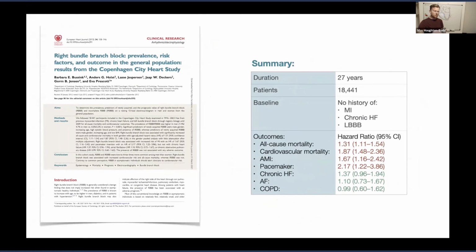What I'll do in a second is have a very brief chat about fascicular blocks, because I'm running short of time. But I just wanted to bring your attention to this paper, which is a 27-year retrospective study of 18,000 patients with a baseline of no MI, no heart failure, and essentially a healthy heart. They found that all-cause mortality, cardiovascular mortality, acute MI, and the requirement for a pacemaker were all significantly higher in patients with right bundle branch block. So this myth, that right bundle branch block is benign, was disproven by this study